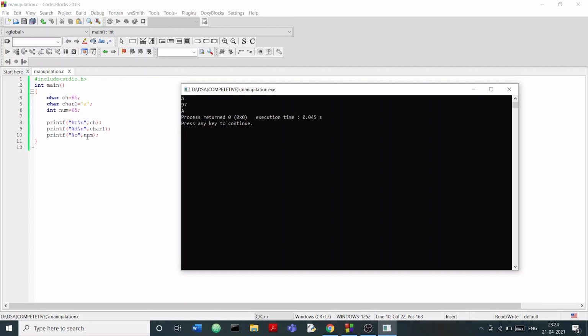The compiler says that this number is passed as an argument to the printf function, no doubt, but I have to print it with percent c, that is the character that is stored under this particular number. So the character capital A has the ASCII value 65. The compiler itself clarifies that it is being asked for a character to be printed in place of the number. So this is what ASCII code is all about, and how we can manipulate data using ASCII code.